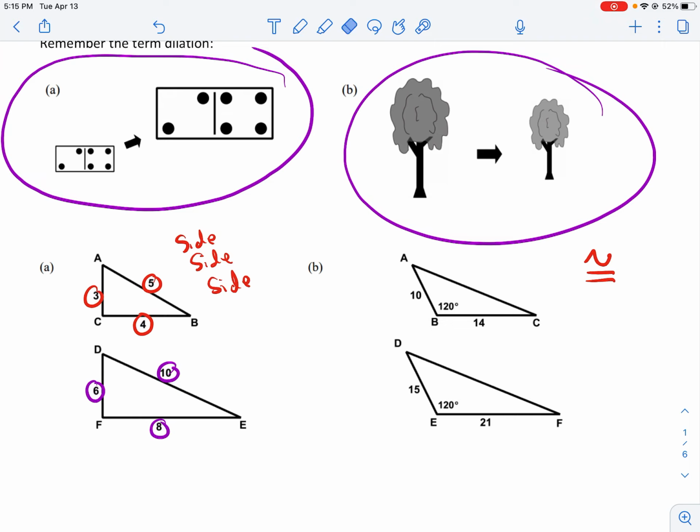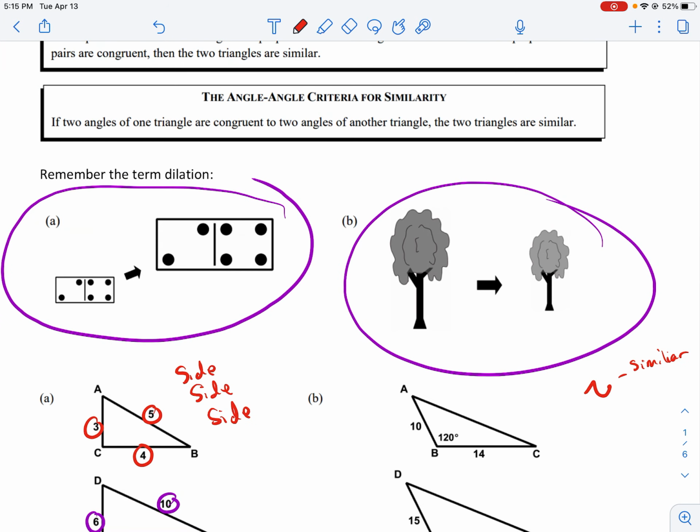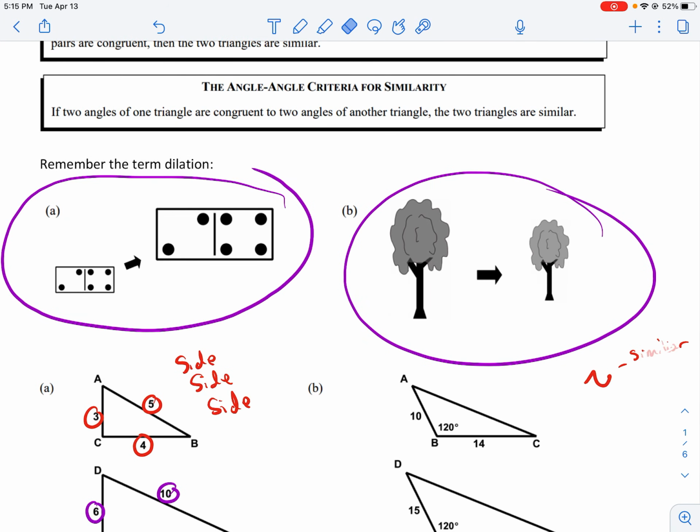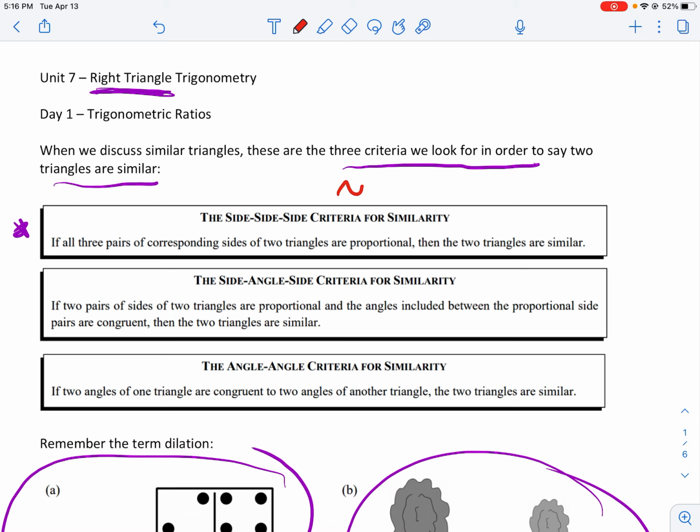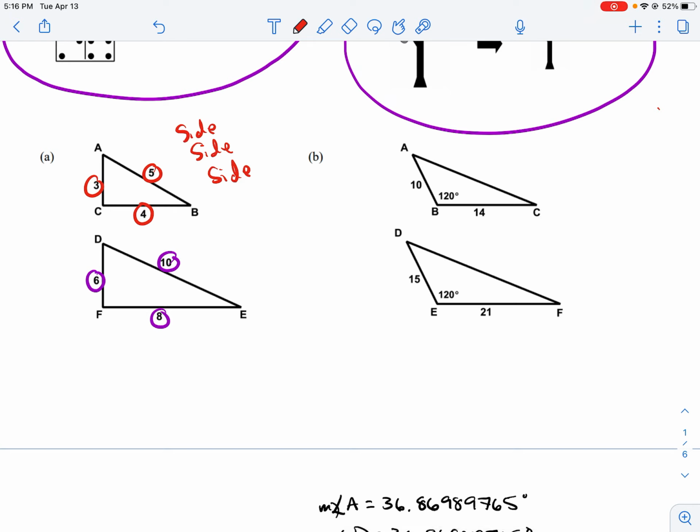They don't have the same size and shape. They just have the same shape. So therefore, we can only say they're similar, right, in the sense that they have the same shape, but they don't have the same size, okay? So this is the symbol for similar, okay? Let me put the symbol up here, okay? Anyway, all right, so these guys, okay, are also similar triangles because they have a congruent angle in between,